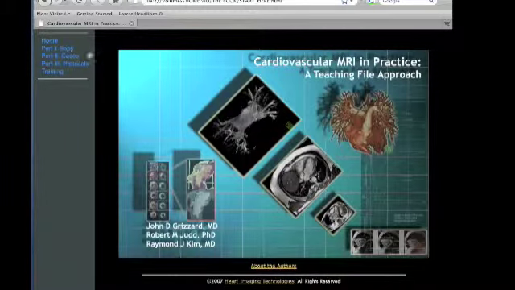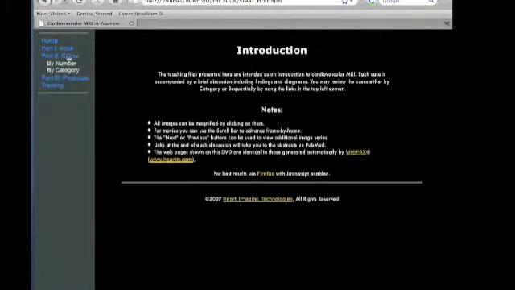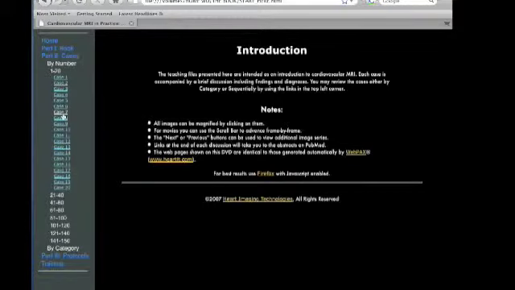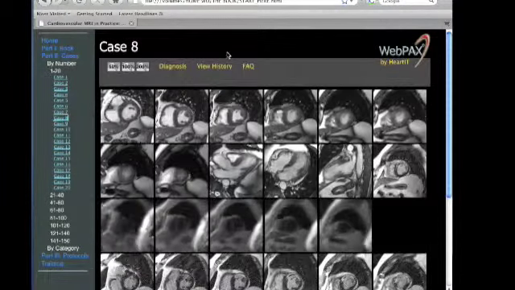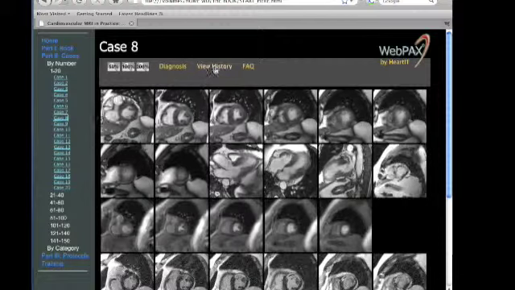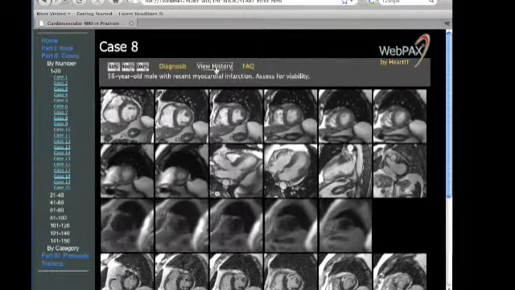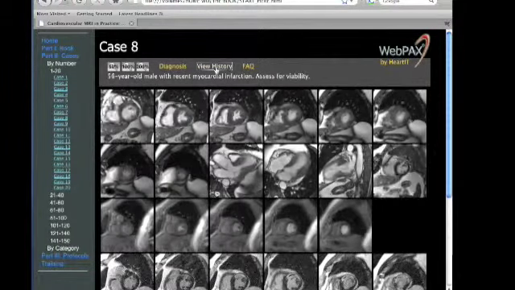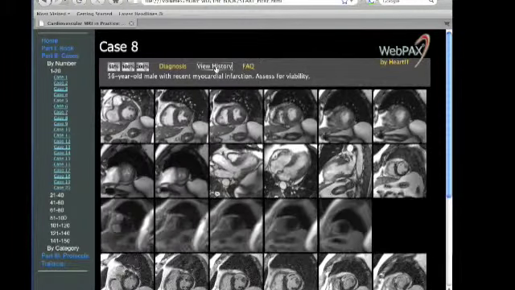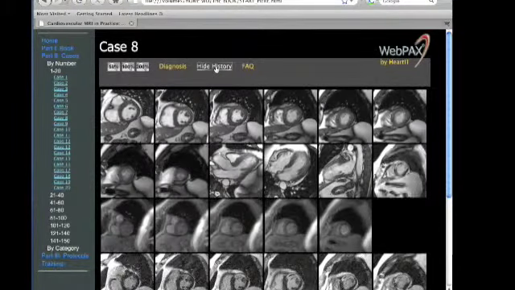As you can see, the book can be examined as a book or by accessing the cases directly, and the cases can be sorted by number or by category. In this case, we'll pick case number 8 as an example, and we'll review the history by clicking on this link, which indicates that the patient is a 56-year-old male with recent myocardial infarction, and the study is requested to